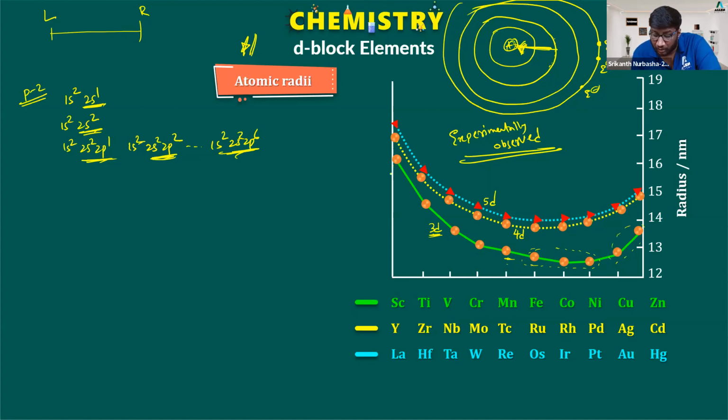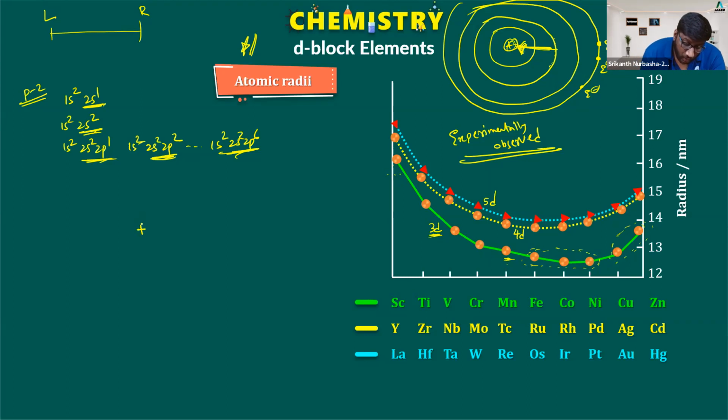That means from the first element to the middle of the series, what is happening to the atomic radii? It is decreasing. Then for the next 3 elements, it is going to be the same. And then for the last 2 elements, the atomic radius is increasing. So how can you understand this variation in atomic radii? If you observe carefully,